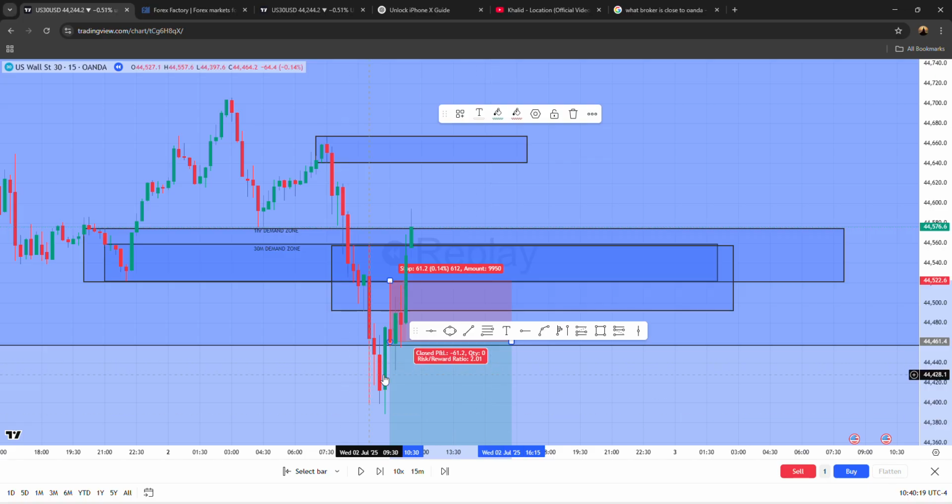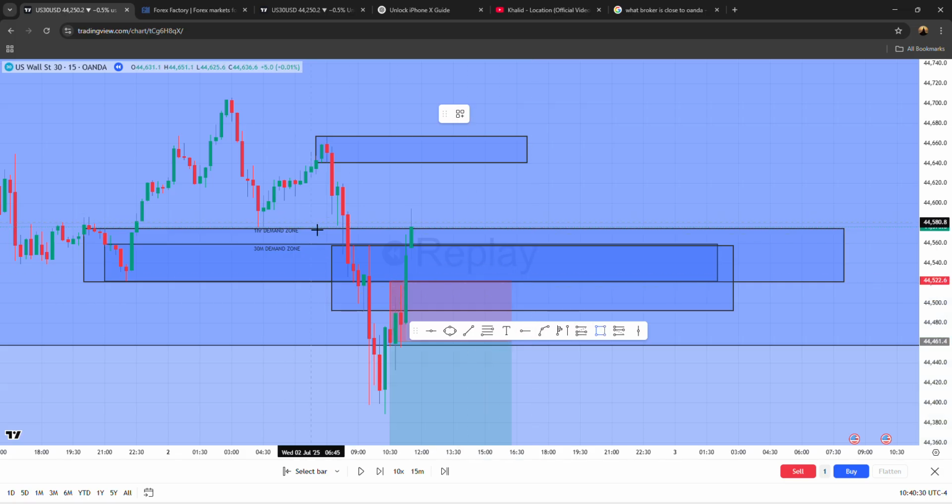Literally takes me out so quick. I think at this point, would I have taken a sell from here? No. Why wouldn't I take a sell from this place? Something people would call an order block. I wouldn't take a sell from here